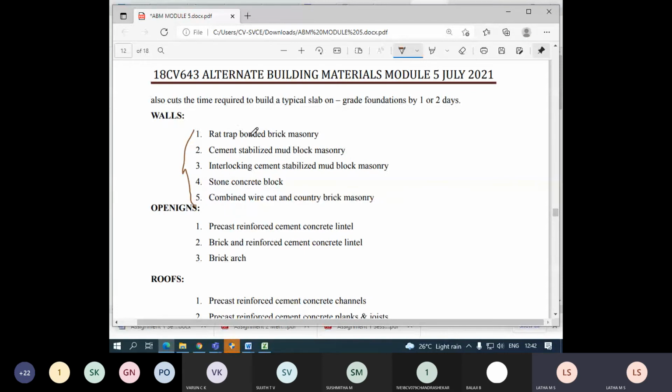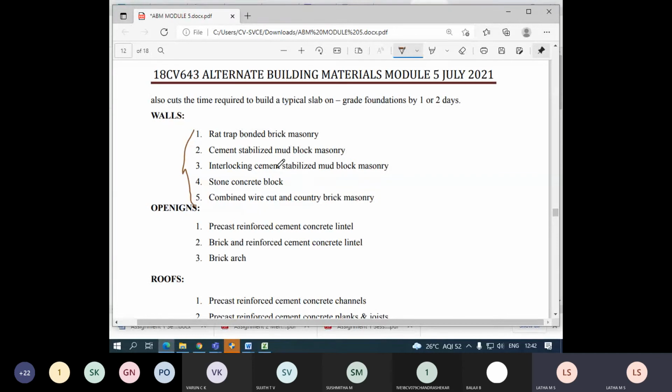Rat trap bonding, as already discussed, saves 25% of concrete. Cement stabilized soil blocks don't require any plastering outside. Interlocking cement stabilized blocks increase the lateral stability, and again I don't want any plastering at both ends. Then stone concrete blocks are very good, with high strength. Again, we don't require any plastering on either side.